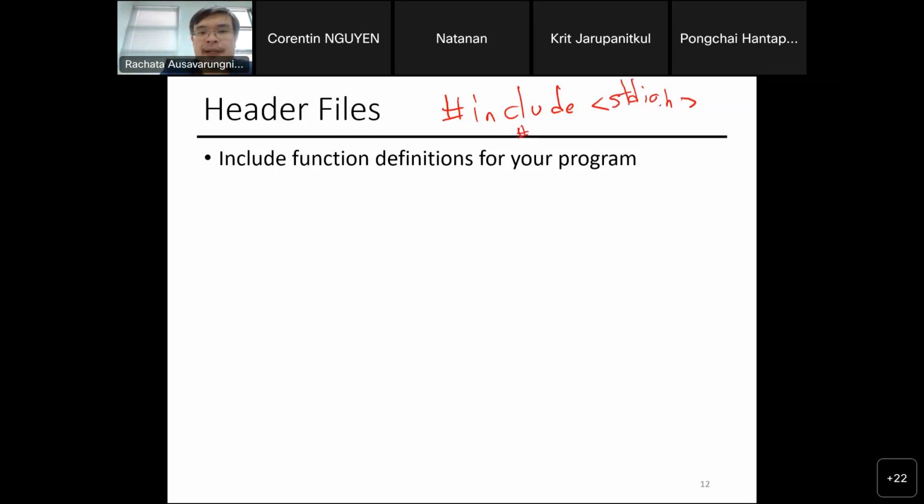Or you can do pound include and use the quotation marks, stdio.h, right? This basically tells the program, go and find this file called stdio.h at some predetermined location.